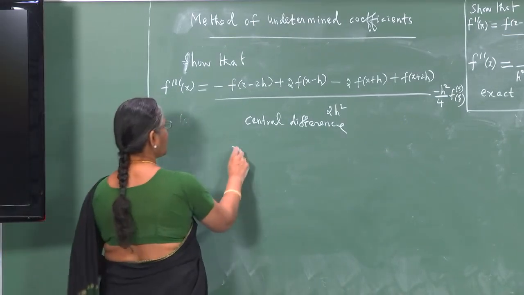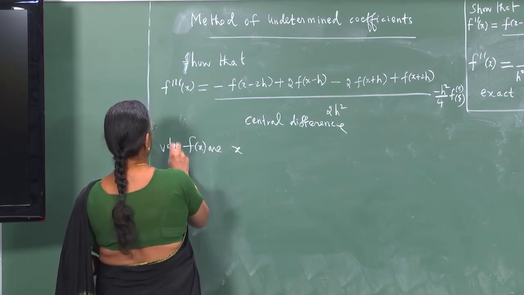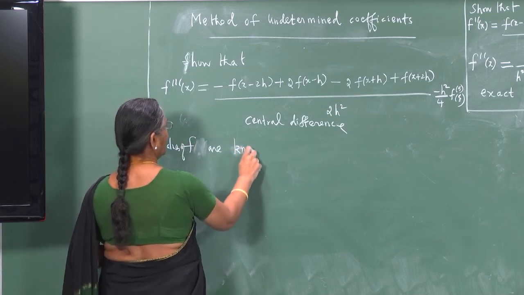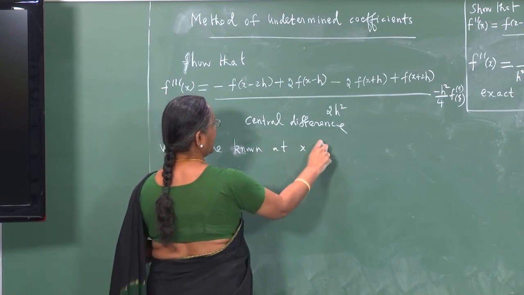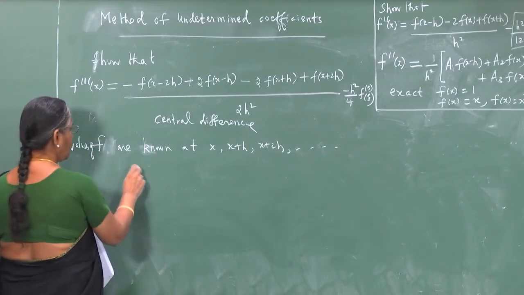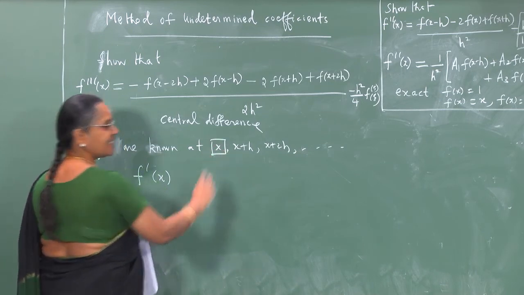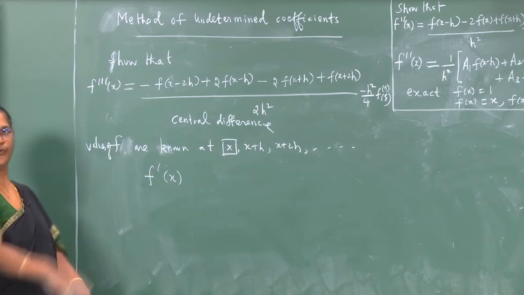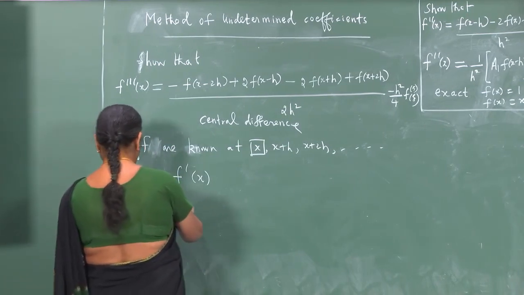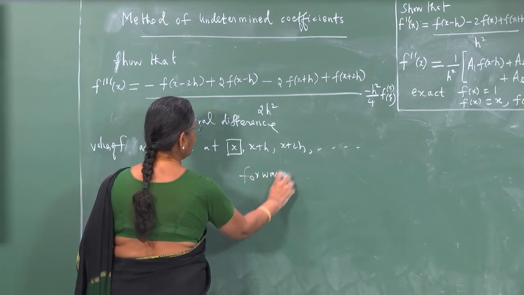Namely, suppose the values of f are known at x, x plus h, x plus 2h, etc., and you require, say, the first derivative at this end point x of a set of values given to you. Then you obtain this formula using forward differences,